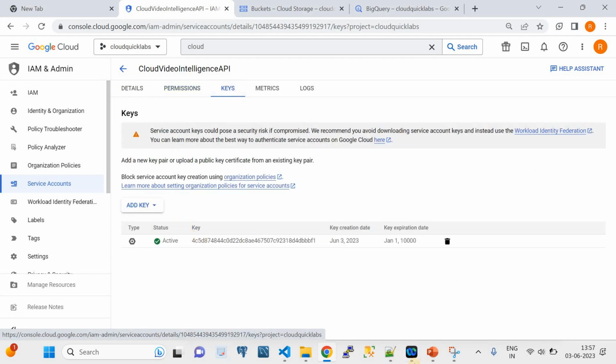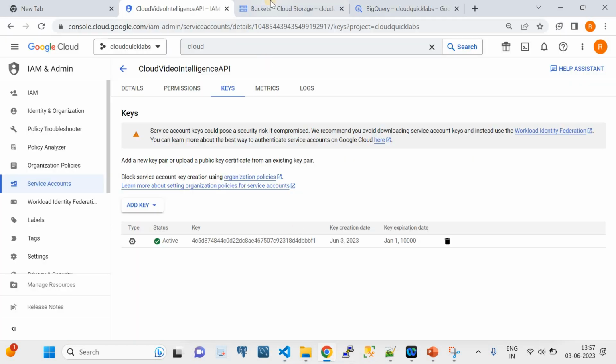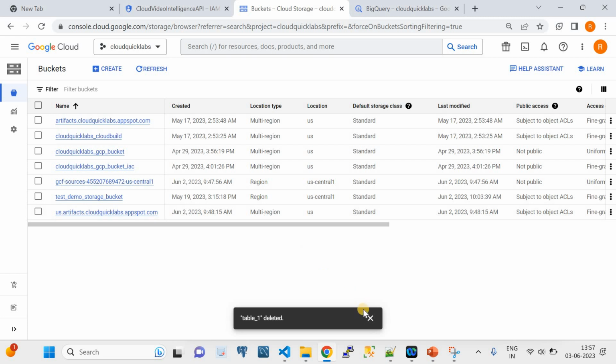You see, this is the key which I'm using in the execution from VS Code, that is Visual Studio Code. Okay, so this is what the file is. I'm going to use it. So this is basically a prerequisite, and then the next prerequisite is having a